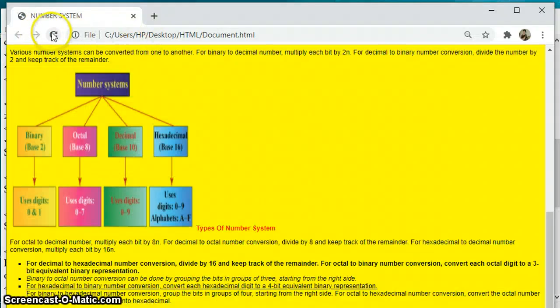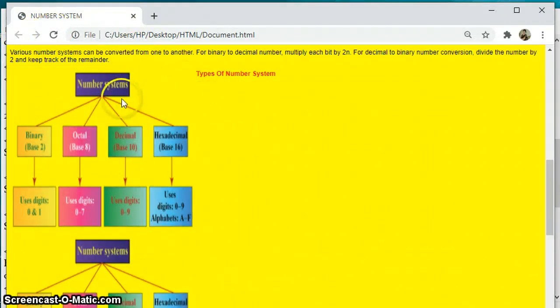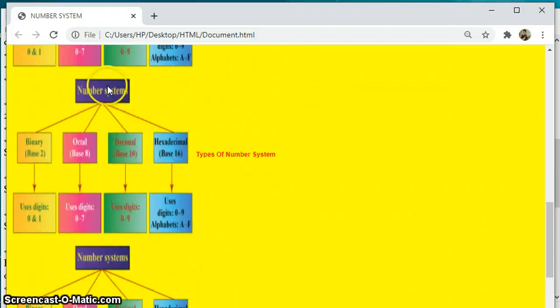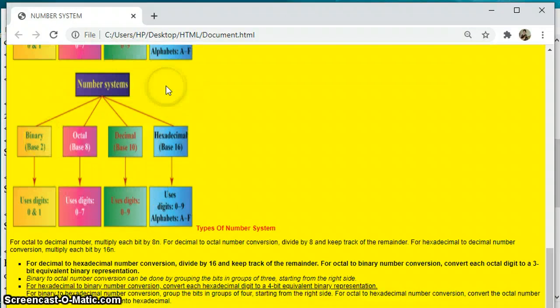So this is our internet file. Let us refresh it. So this is the first image with types of number, the heading or the text at the top. Then this is our second image with the text at the middle, and this is the third image with the heading or the text at the bottom.